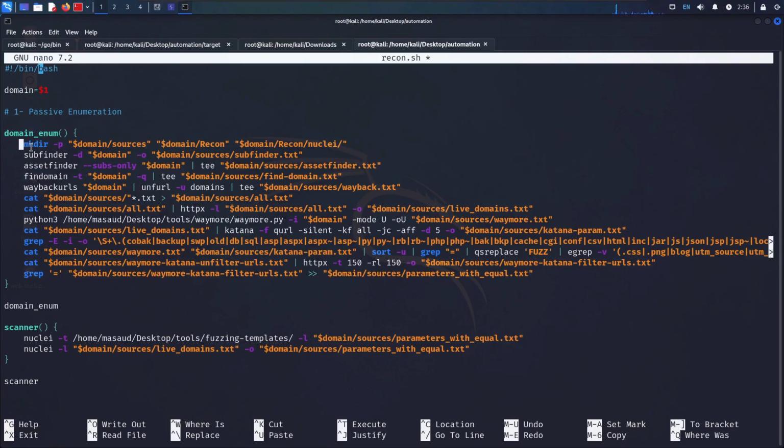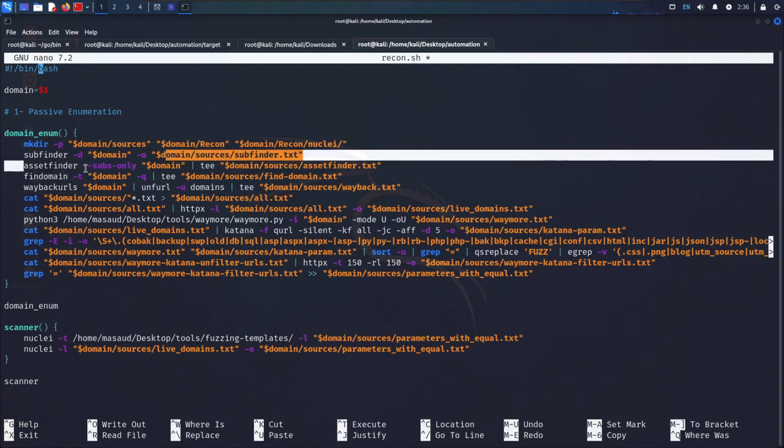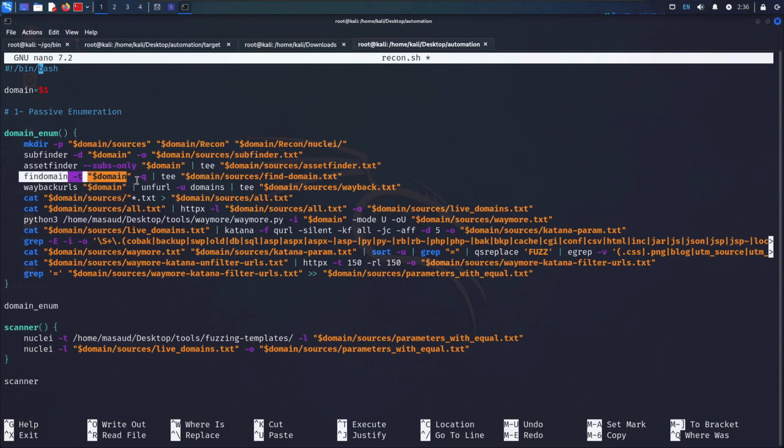What it will basically do, at first it will create a directory with the name of the domain that you are going to provide. It will create two directories. One is sources, the second one is recon, and it will store everything in the recon directory. At first it will run subfinder, then it will run assetfinder. You just need to provide the target one time, then it will run findomain, then it will run